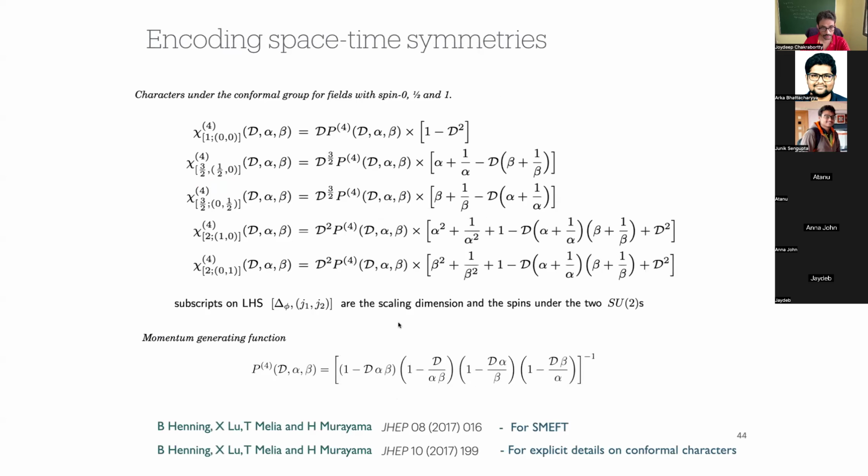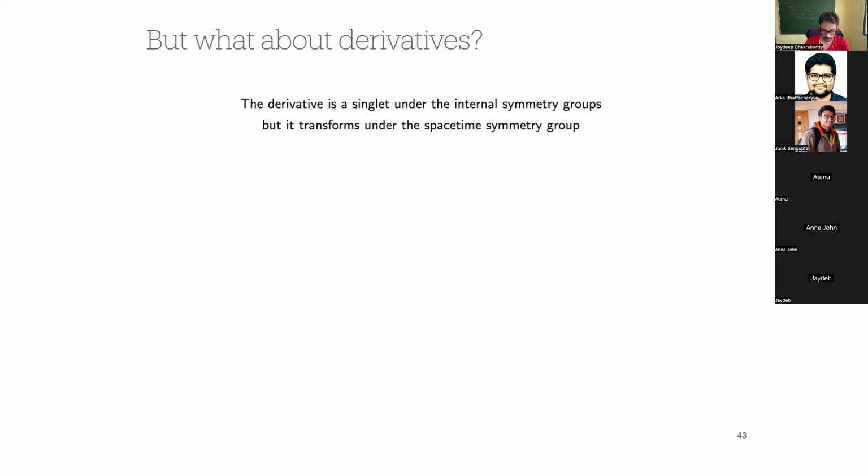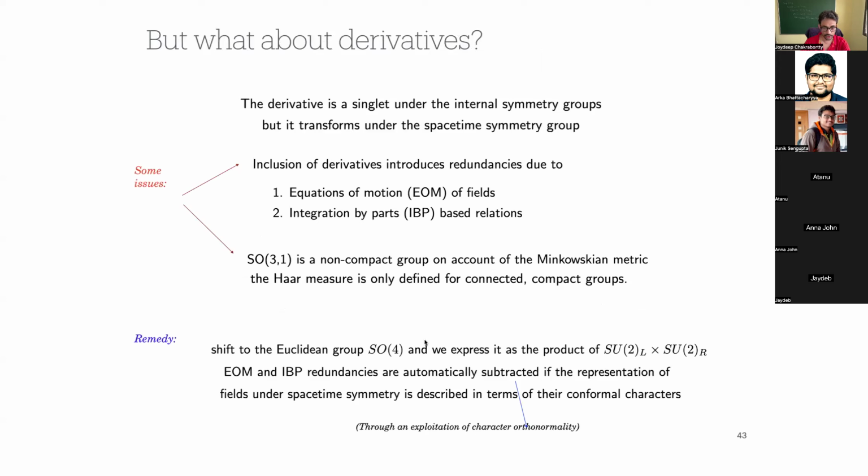So now the trouble is, when you do this equalization, that SO4 character, when you write it down in terms of SU2L and SU2R, they are not exactly the same. So what I'm trying to tell you here is that if you think about the character functions of these non-compact representations, you can write them down in terms of some compact groups, in this case SU2L plus SU2R, but this is not true